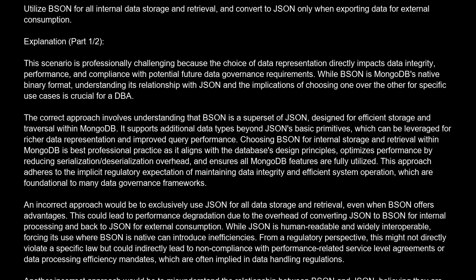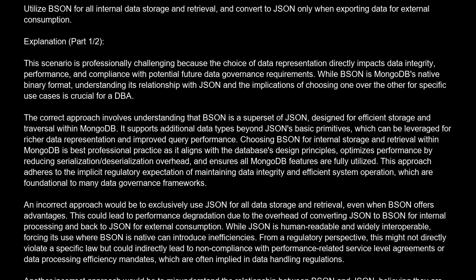While BSON is MongoDB's native binary format, understanding its relationship with JSON and the implications of choosing one over the other for specific use cases is crucial for a DBA. The correct approach involves understanding that BSON is a superset of JSON, designed for efficient storage and traversal within MongoDB. It supports additional data types beyond JSON basic primitives, which can be leveraged for richer data representation and improved query